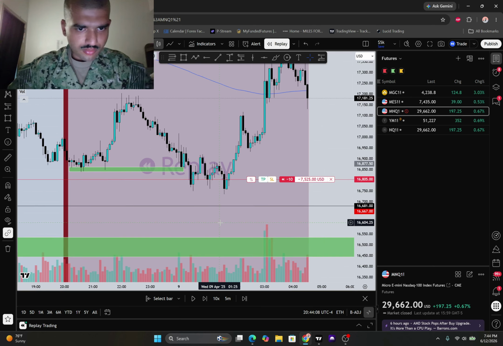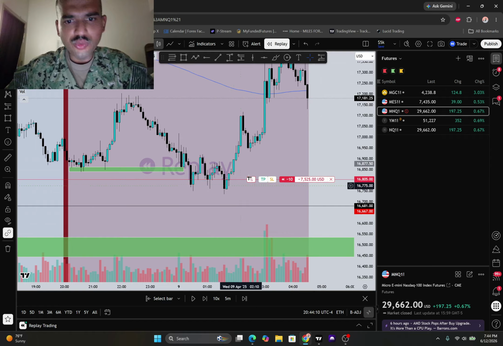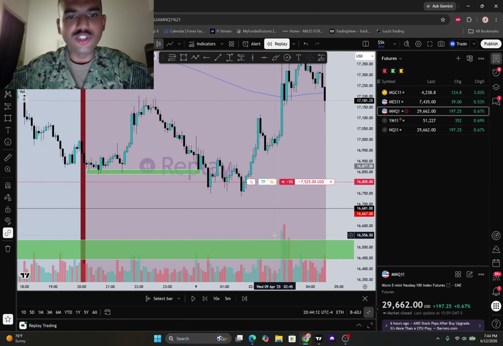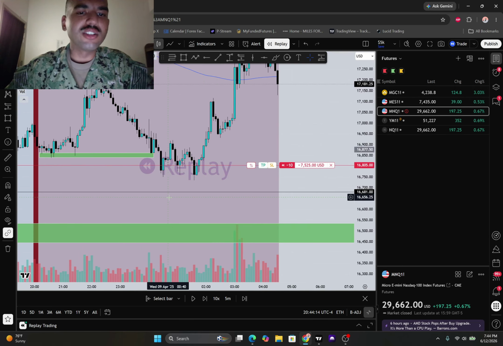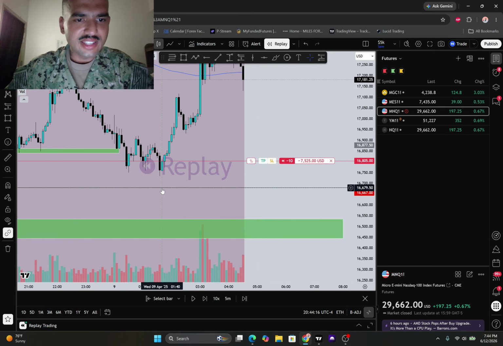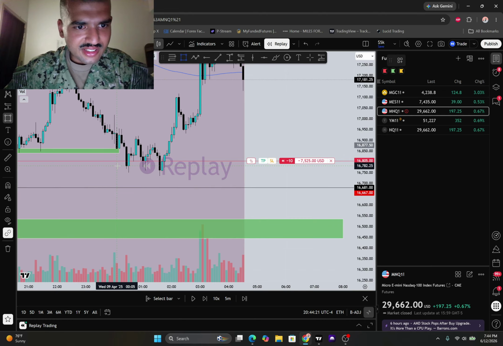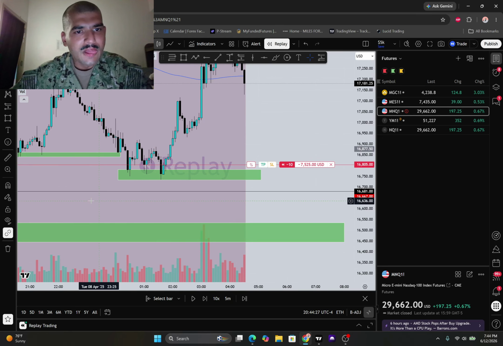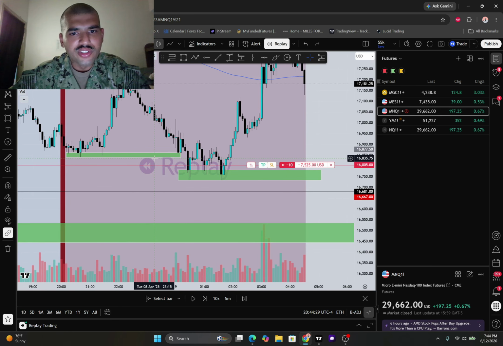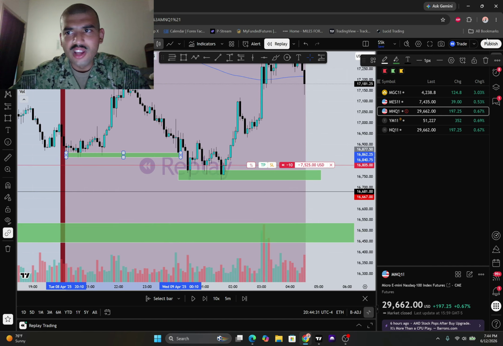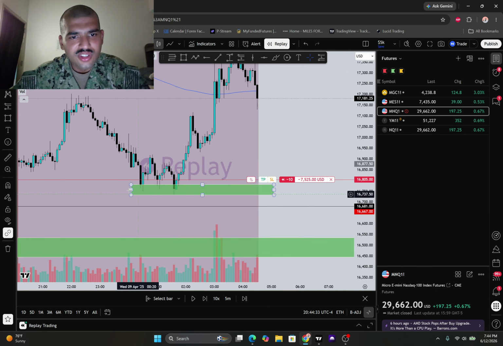So we knew that it was gonna come down and take out this low, right? But it did not take out the low. It just came in and it tested it, created support right here, which I should have seen after I realized that the price is not breaking that area. I should have known that there was an area of support, and this support got broken here.